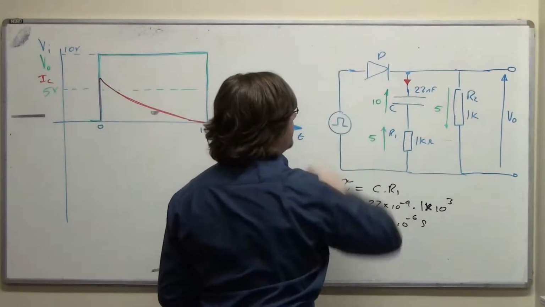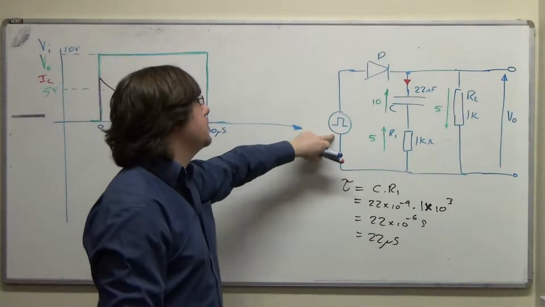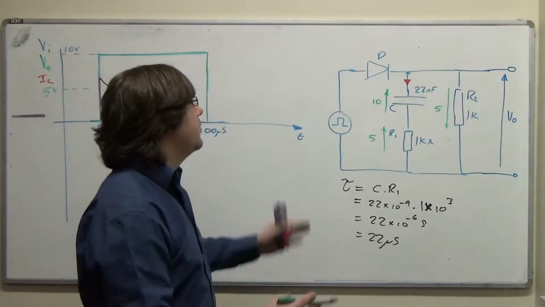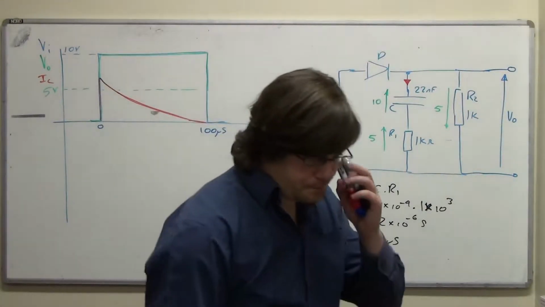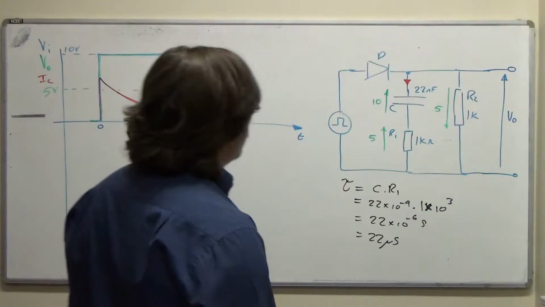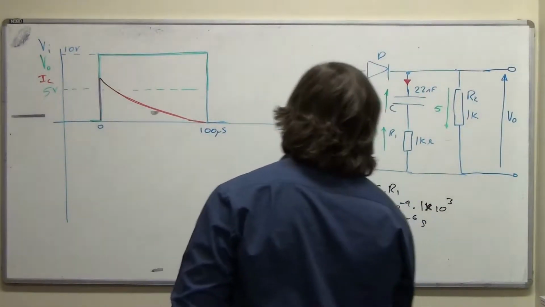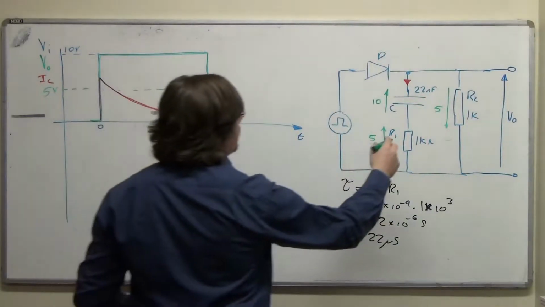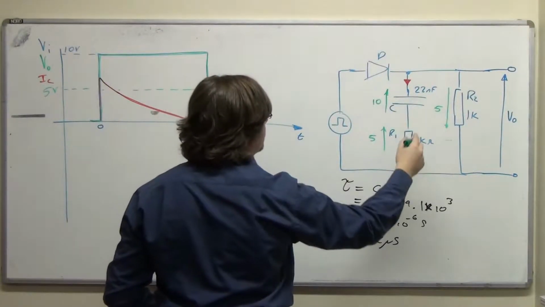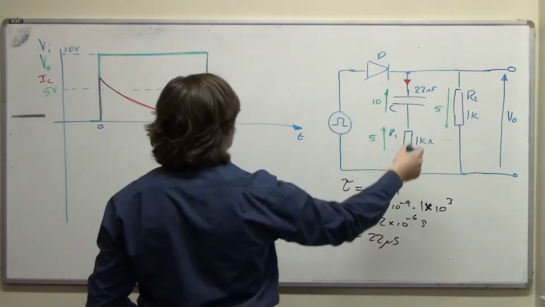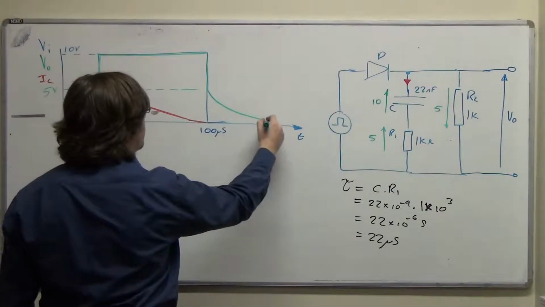This bit may as well not be there anymore. And we can take that off as well. But there's no point in replacing this with a short circuit because this diode will not conduct anyway. So this bit of the circuit just doesn't exist anymore. And we can say what the time constant will be in that situation. And this capacitor will now give its energy up to the 2 resistors, and as this capacitor discharges there will be an exponential decay like that,